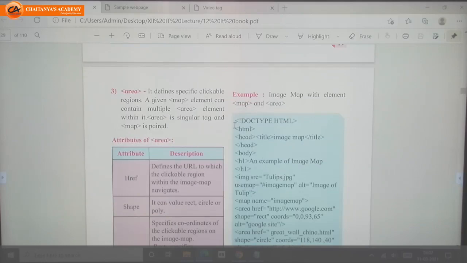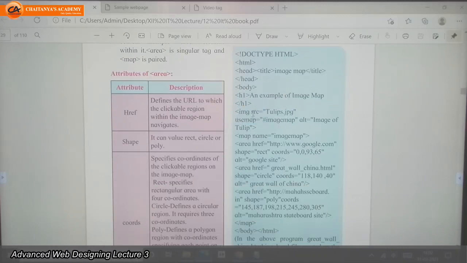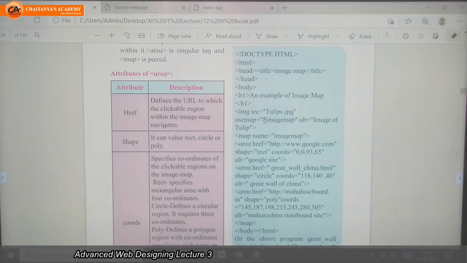See, this is the example. In this example, the head region is normal. Inside the body tag, they took a simple image, and for that image they used the src attribute with the image file name. Here is usemap, which is the name. Whatever you want, you can give here, but you should put a hash symbol before it.